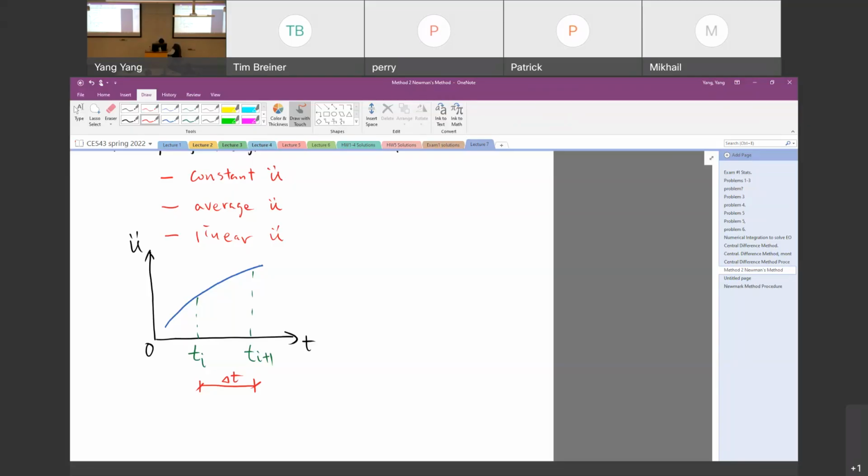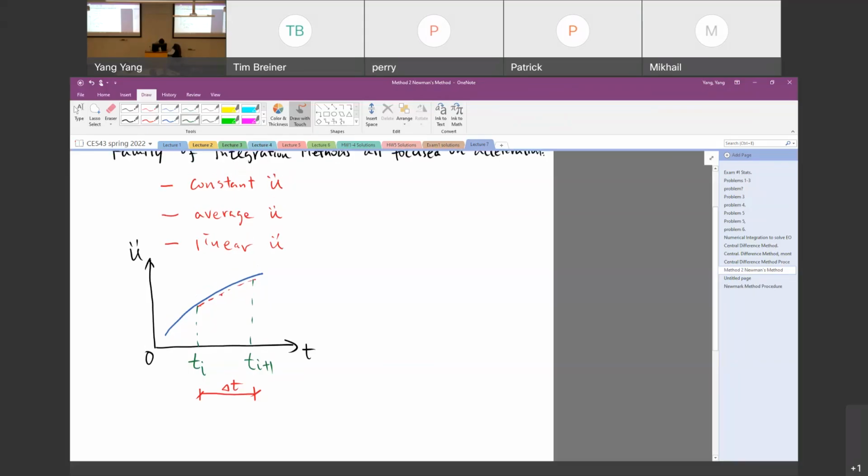For example, we assume that at time t, the acceleration is equal to